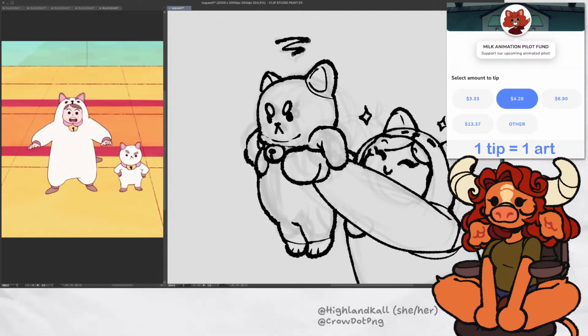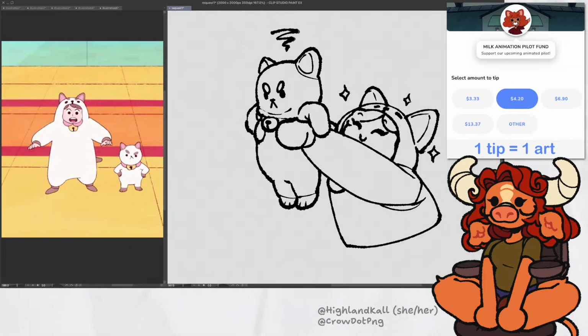Little angry thing here, and there we go. Now let's get this colored. We're sticking up these lines right here. Oh, that's the wrong brush.